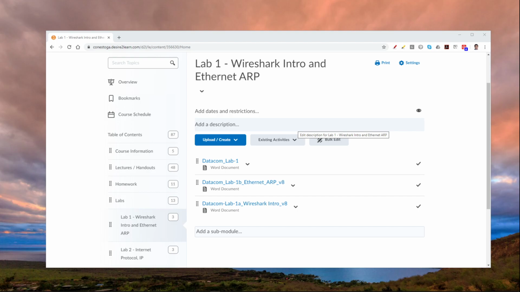We're going to have a series of labs that use Wireshark. Wireshark is a packet sniffer, and we're going to learn a little bit about that in this lab. The lab has two parts: part 1A, which is an intro to Wireshark, and part 1B, which uses Wireshark to study Ethernet and ARP